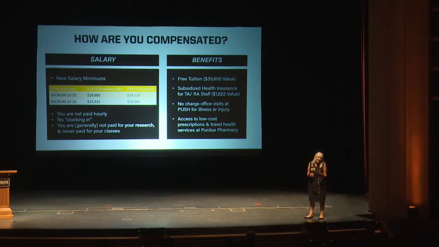And as a matter of fact, grad students get more covered than standard employees, like my portion that the university pays for me. Graduate students get a little bit more coverage on that. And that value is about $1,600 for a half-time assistantship that the university puts towards your medical costs, so you don't have to pay that. There are benefits. Even though you're an employee of an institution, you're also a student, and so you can use PUSH facilities, which is the University Health Center. So you get the advantage of doing that. Other employees can't use PUSH in that way, but you as a student can. And of course, the insurance.